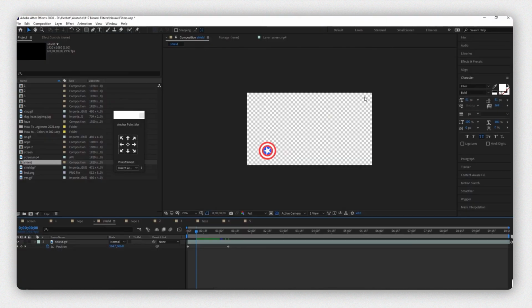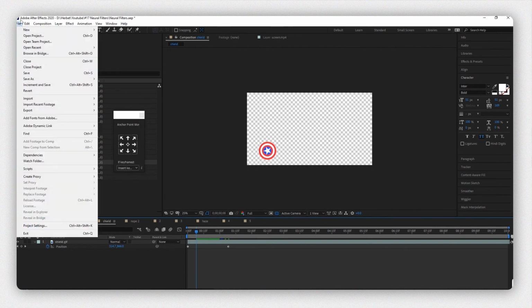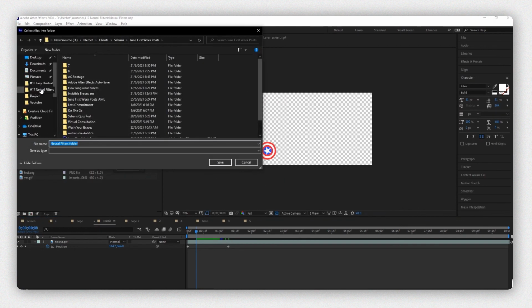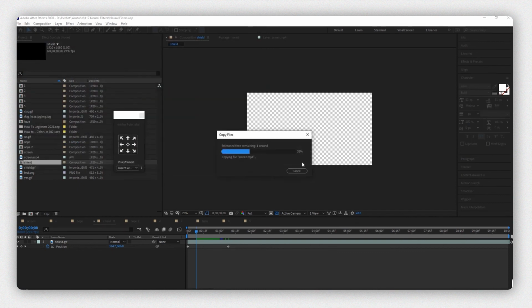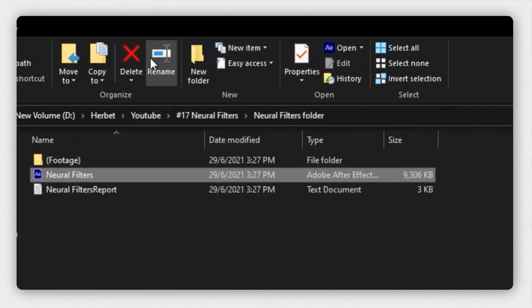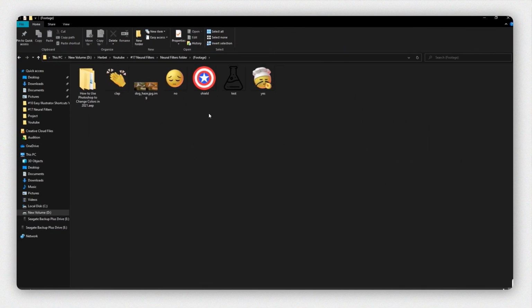Okay, let's just take back that example from earlier. In case you need to send a project file to somebody else when you're working and your files are all over the place, what you could do is go to File and look for Dependencies and click Collect Files. Alright, so just click Collect and find a place to save it in, and there you go. So everything you need is all in this one file.